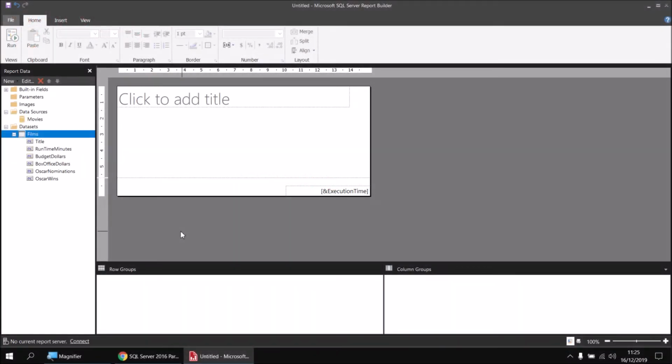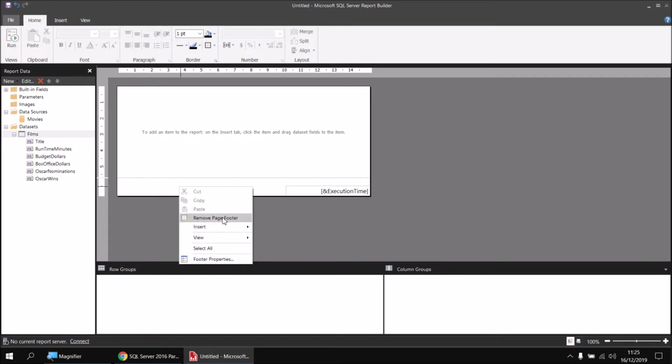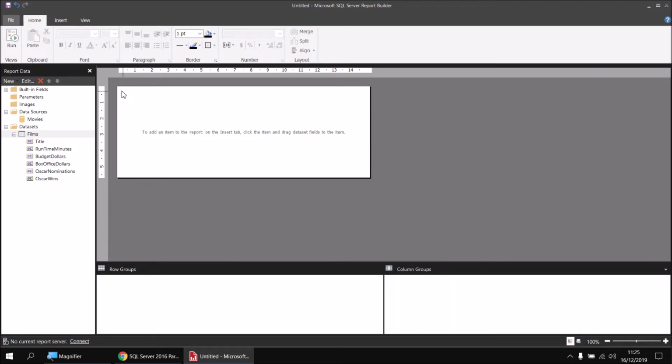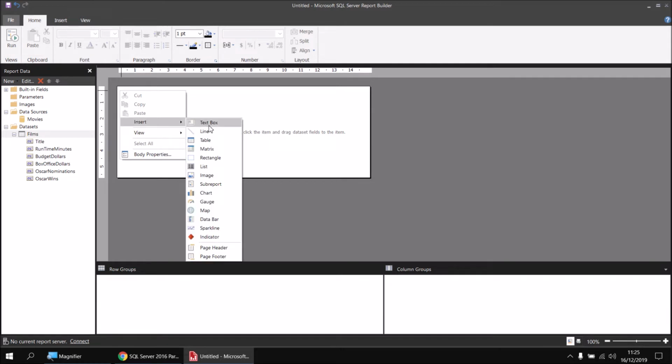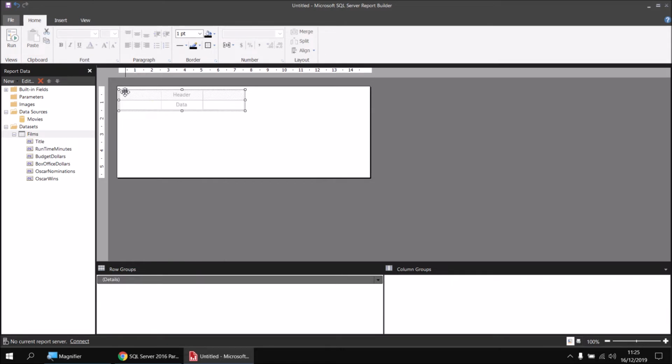Now let's add a table to display the columns we've selected. I'll begin by tidying up the report by removing this title placeholder, and then I can right-click in the page footer and choose to remove that. I'll then right-click into the body of the report and choose Insert Table,